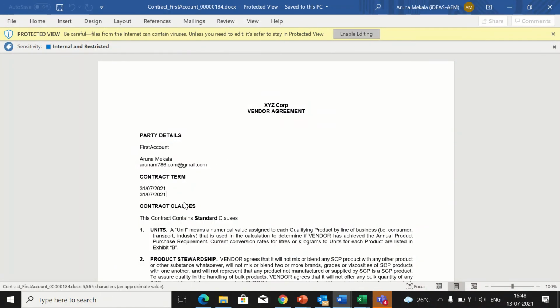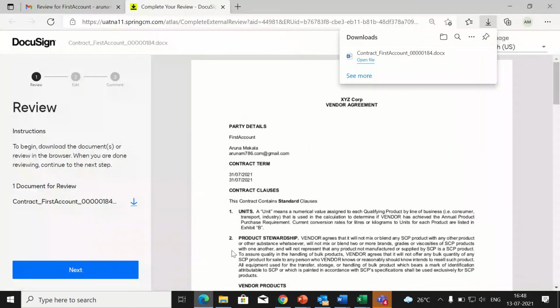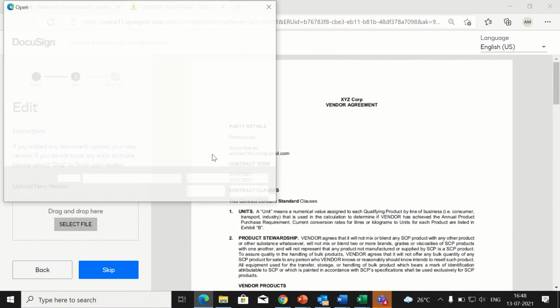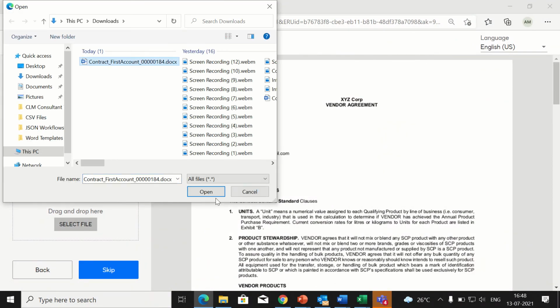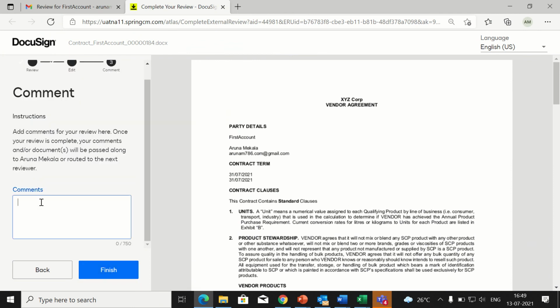Okay, sorry, I didn't enable it. We'll change it to 2002. Okay, now I will save this document and I will upload it back. So next I'm selecting the document here. Okay, it has selected now, and I have edited.